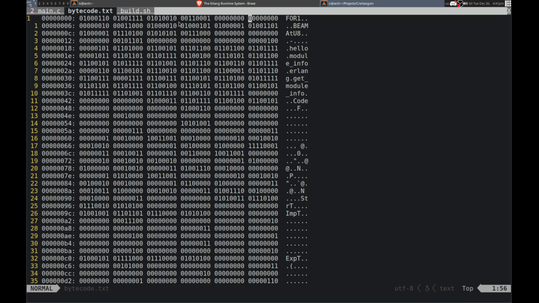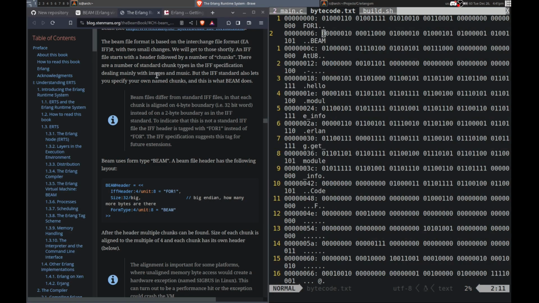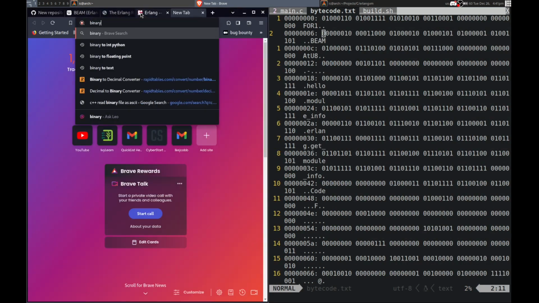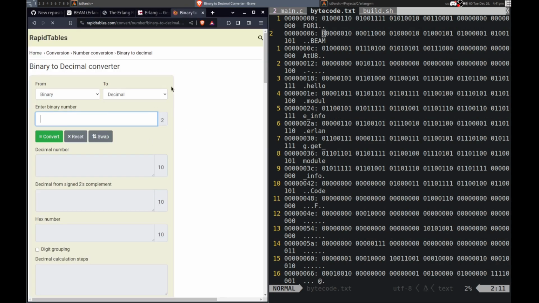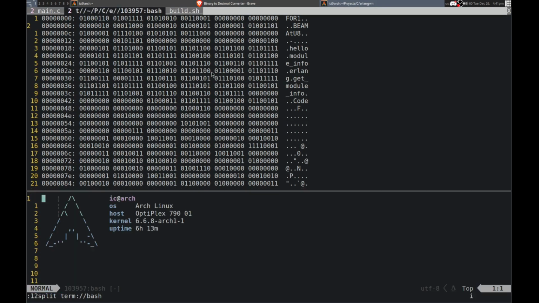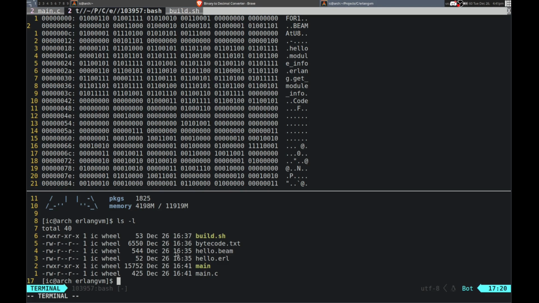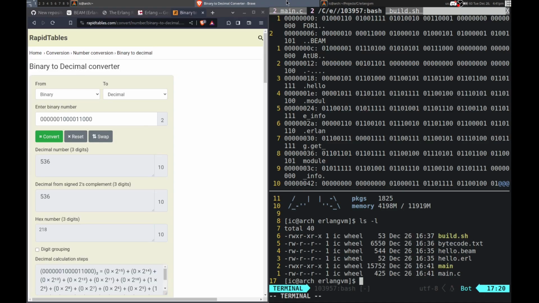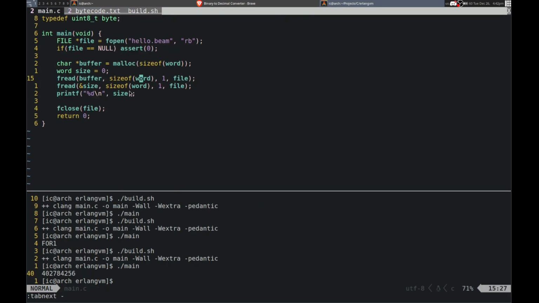But we need to look 4 bytes ahead. So that, okay, so we have 0, 0, so that's nothing. And then we have this one and this one. Okay, so if I copy that, let me look at, yeah, I've used this before. Let's see, convert that. 536, so is that actually the right size? -L. Let's see, we have 544, so 544 minus 8, because we've read 8 bytes already. That is actually correct, so that is what we're trying to read. Okay, yeah, so that is the correct number. Obviously, this is not right, because it is in big endian, so we need to do something with that.